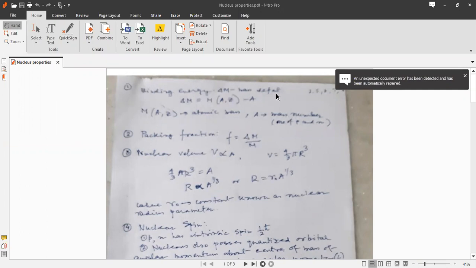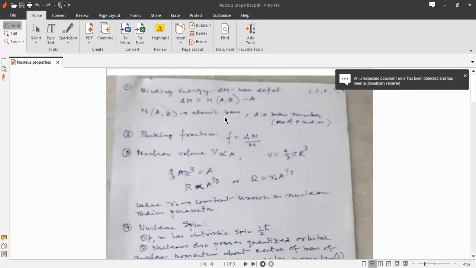We are usually accustomed to do this when we start with any bound system. First of all, the binding energy. So this is delta M, also called mass defect. So this is delta M, equal to M of A, Z minus A, where A is the mass number and M is the atomic mass. So this is the first property wherever we have a bound system, we ask about how